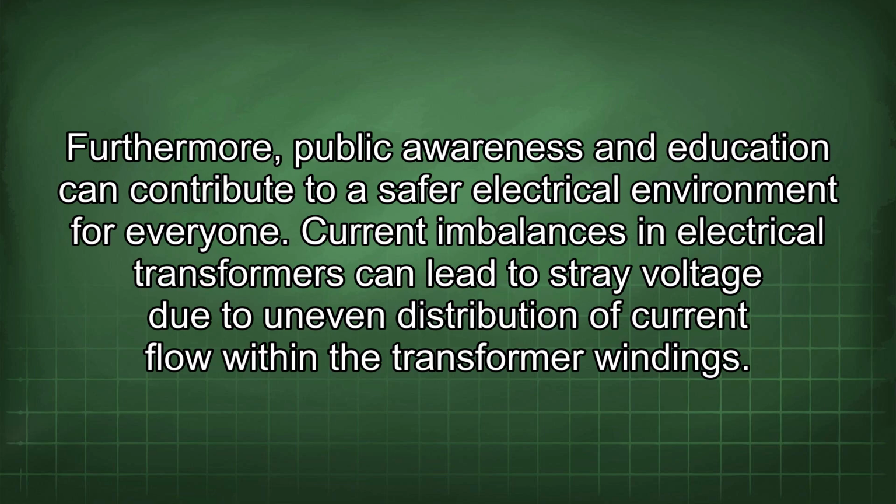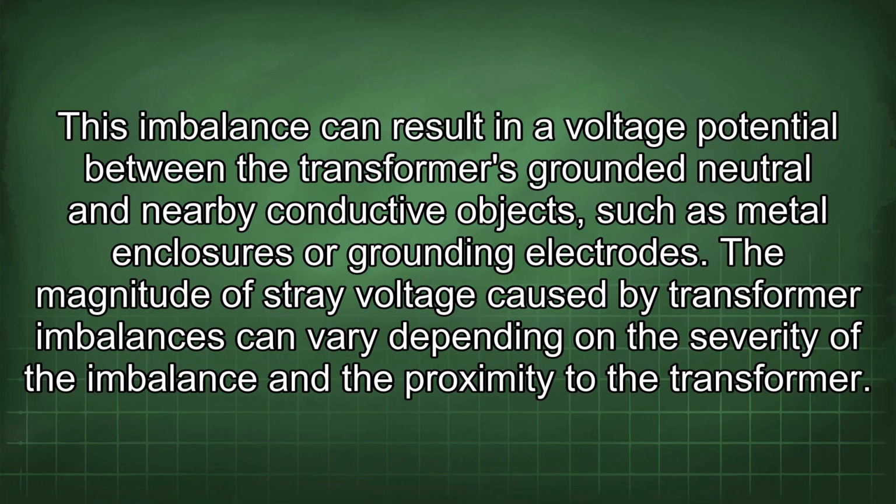Current imbalances in electrical transformers can lead to stray voltage due to uneven distribution of current flow within the transformer windings. This imbalance can result in a voltage potential between the transformer's grounded neutral and nearby conductive objects, such as metal enclosures or grounding electrodes. The magnitude of stray voltage caused by transformer imbalances can vary depending on the severity of the imbalance and the